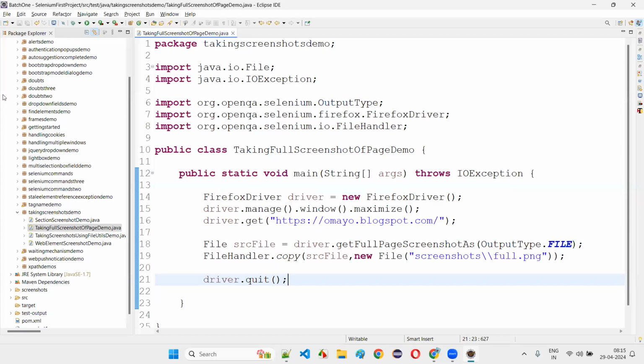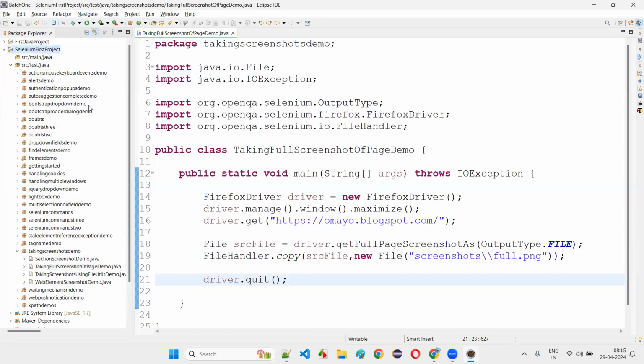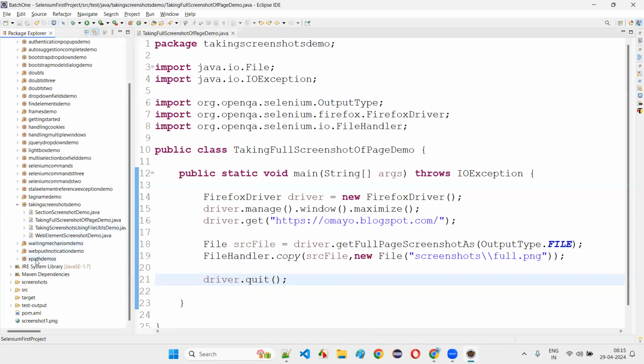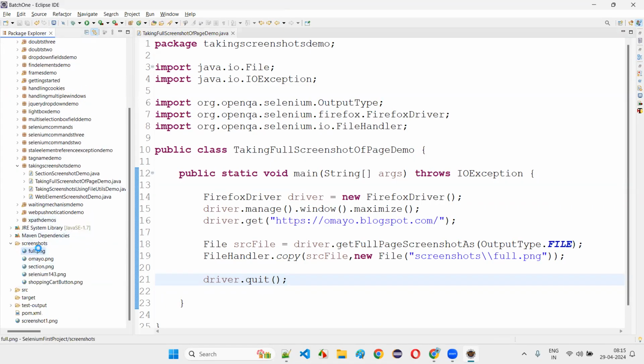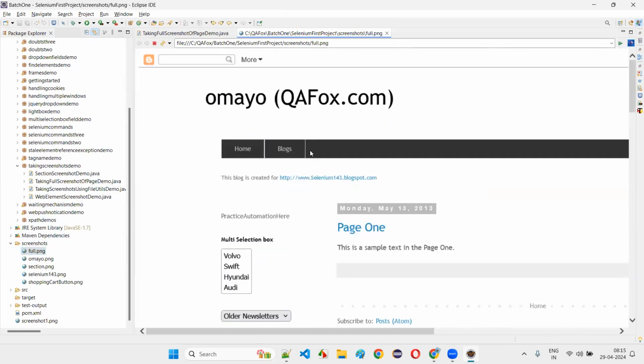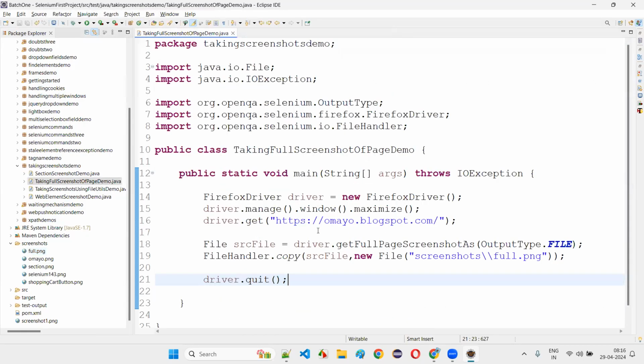Let's see whether the screenshot of the full page has been taken or not. Right click here and refresh. Under the screenshots folder, you will get this full.png. Let's see whether the screenshot of the entire page has been taken or not. Yes, right, it has taken the screenshot of the entire page. Clear, guys, how to use